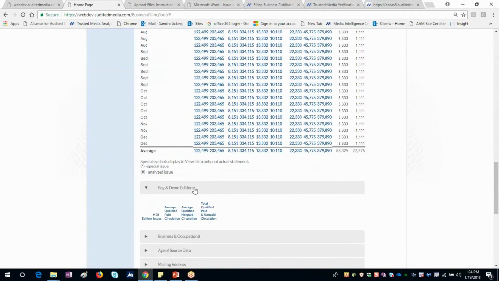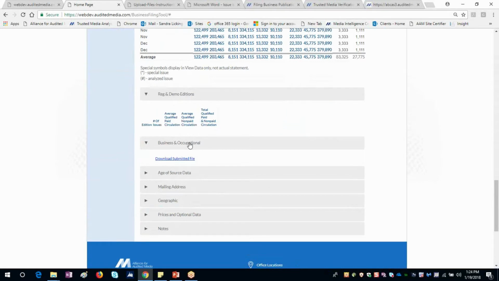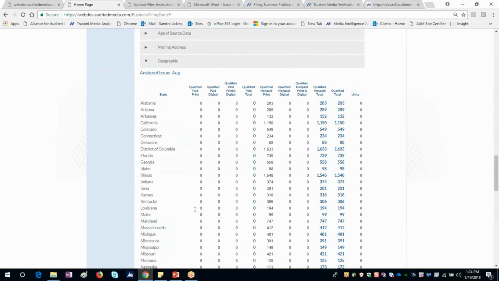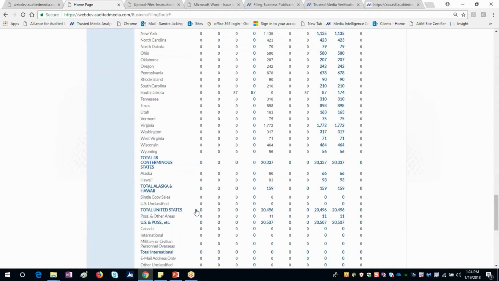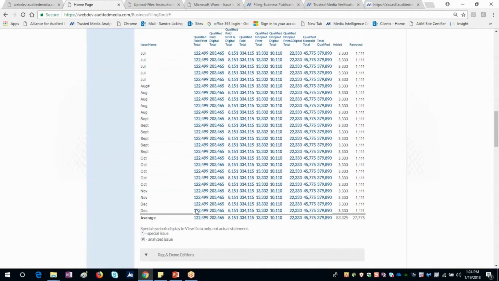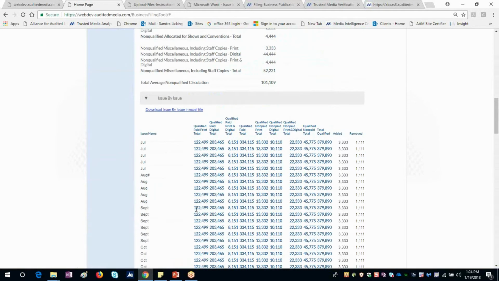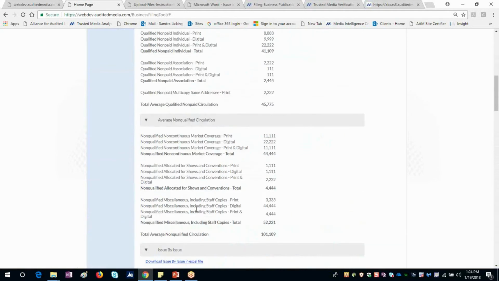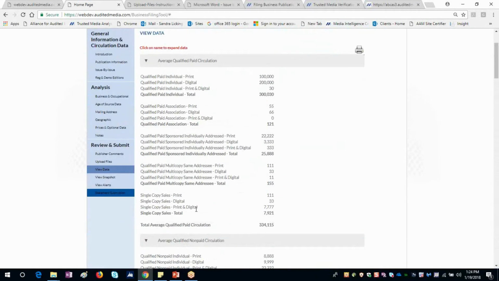Region demographics, there's not going to be anything reported there. Here, your business occupational analysis is just going to refer you back to your Excel file. And then the same thing with the remaining categories. I'll click on the geographic and you can see what your geographic analysis is. So this is a great way for you to go back and look when you get done with the geo, go into view data, look at it, saying, yes, that's exactly how I want it to be. Or if I have any changes, go back into the particular section.